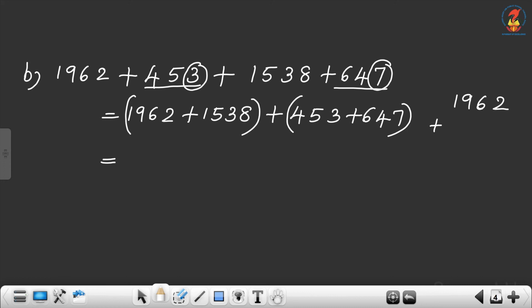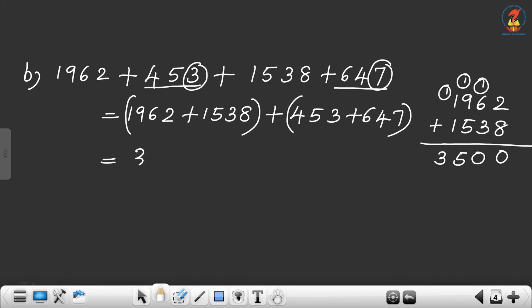Now equal to 1962 plus 1538. 8 plus 2, 10, carry over 1. 6 plus 3 is 9, 9 plus 1, 10. Again carry over 1. 9 plus 1 is 10, 10 plus 5 equals 15. Carry over 1. 1 plus 1 is 2, 2 plus 1 is 3. So the first sum you will get is 3500. Then plus